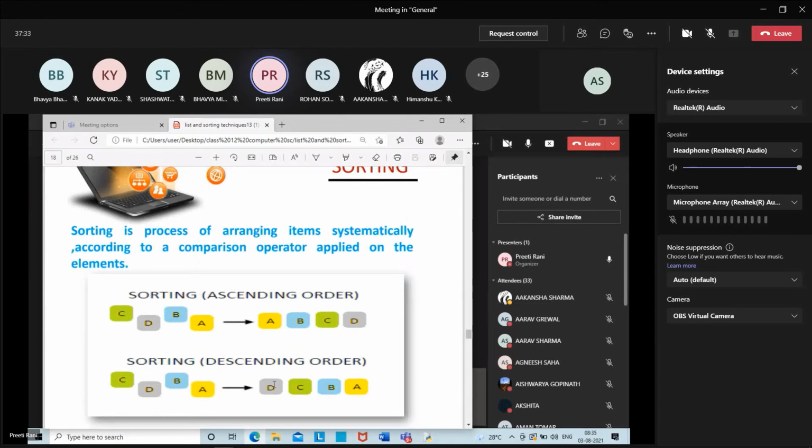It means arrange the data in a particular order, in ascending order or in descending order. That is the part of sorting, which is given in the picture also.